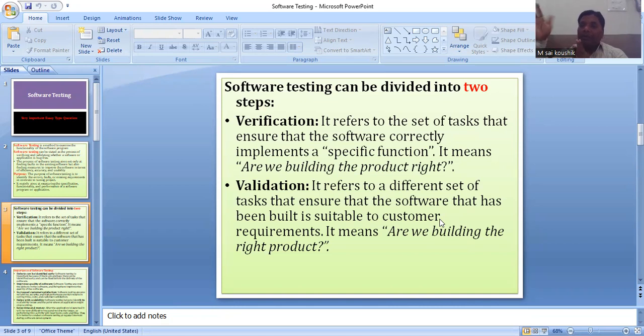Then implement maintenance. Are we building